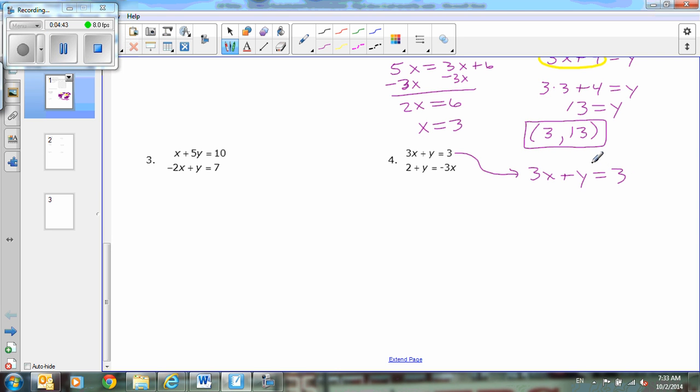Now I want to solve it for y. I want to get the y by itself. Since 3x is being added to it, we're going to subtract 3x from both sides. And we will get y on the left